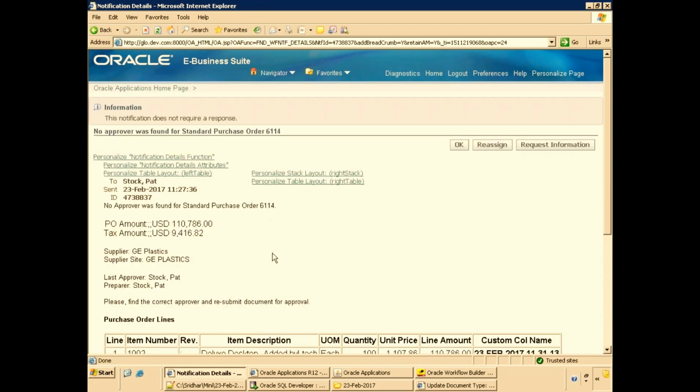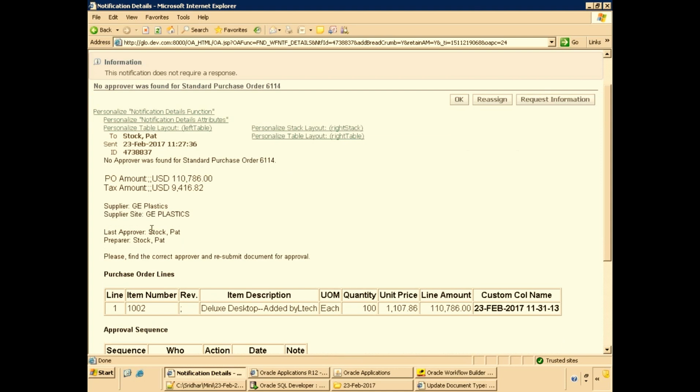This is our notification, right? Here, how do you know what the notification is and what the message of this particular notification is? Are you getting it? So we have a workflow, we have to know what the process is, what the notification is, and what the message is. There are different ways of getting it.